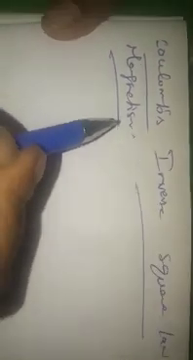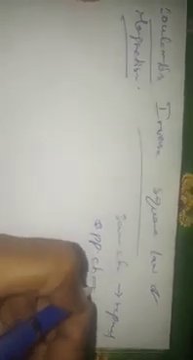Good morning to all. Today we are going to see about Coulomb's inverse square law of magnetism. Already we studied Coulomb's inverse square law of electrostatics. In electrostatics we know same charges will repel, opposite charges will attract. So here we are going to consider two bar magnets